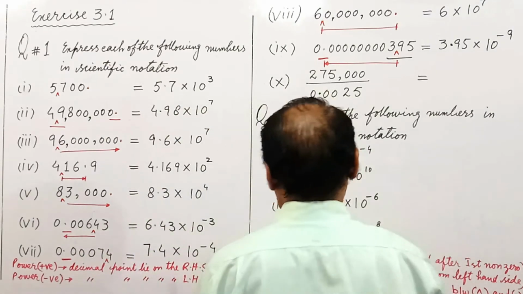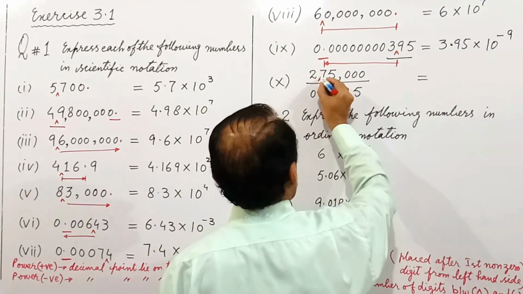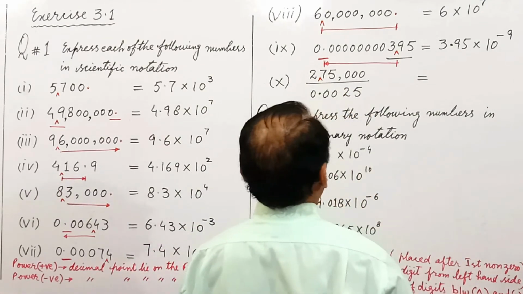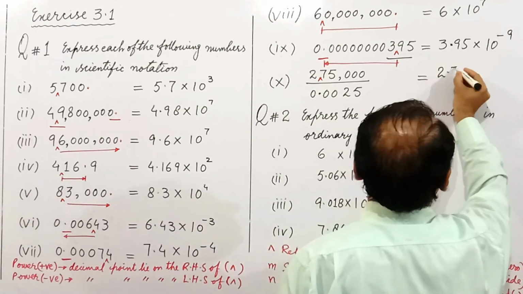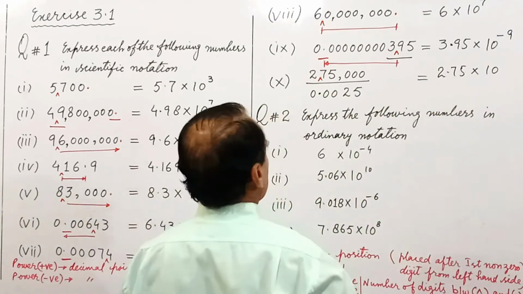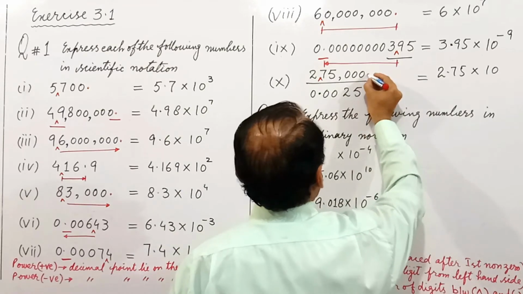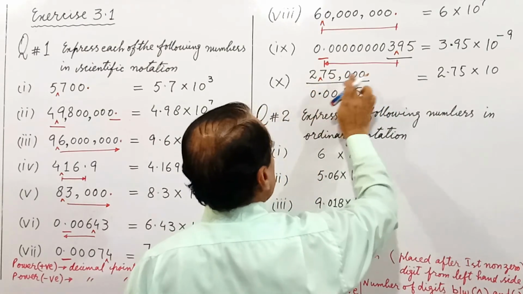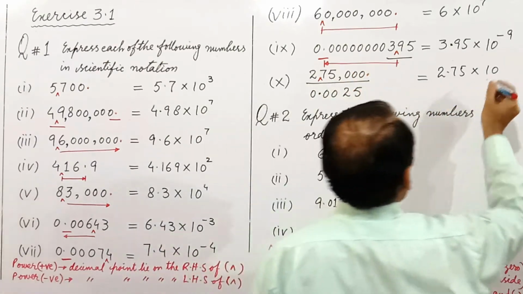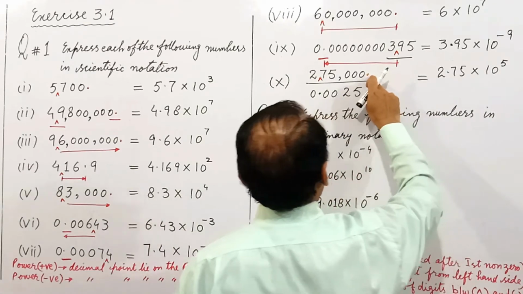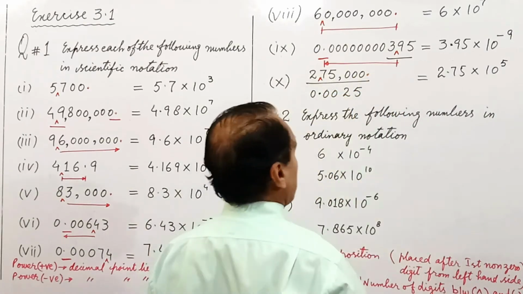So 275, the reference position is placed after 2, between 2 and 7, and we write the significand as 2.75 into 10 raised to power, and the power is actually 1, 2, 3, 4, 5, as the number of digits lying between the reference position and the decimal point is 5. So therefore the power will be plus 5, because the decimal point lies on the right hand side of the reference